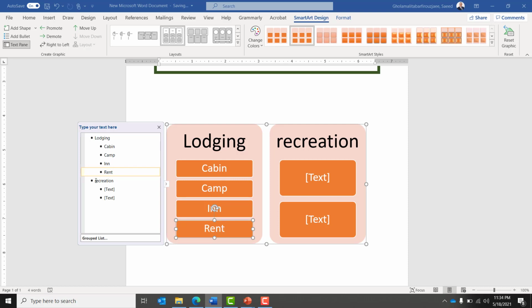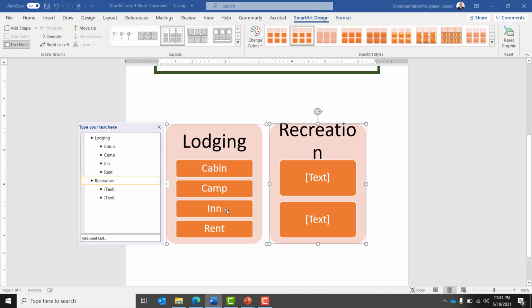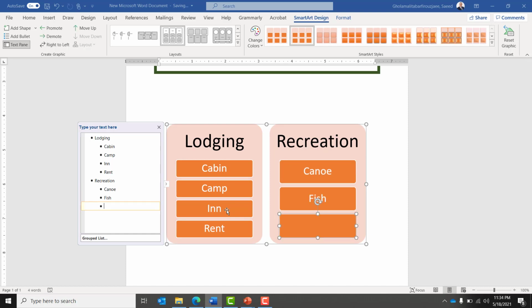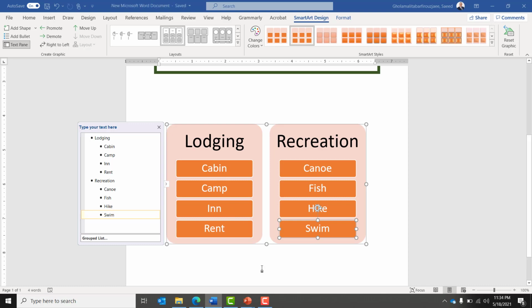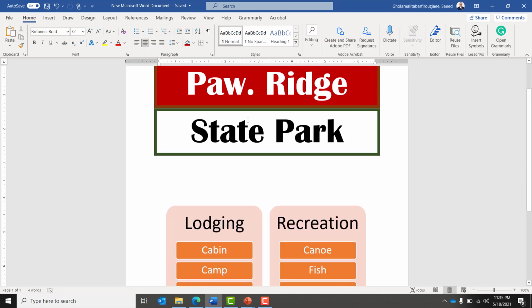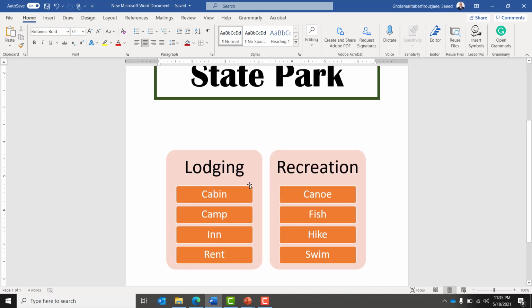And under recreation we have canoe, fish, hike, and swim. So we can save this part. This is the second part of the title page: the name of the state park, the service of the state park, and now we can